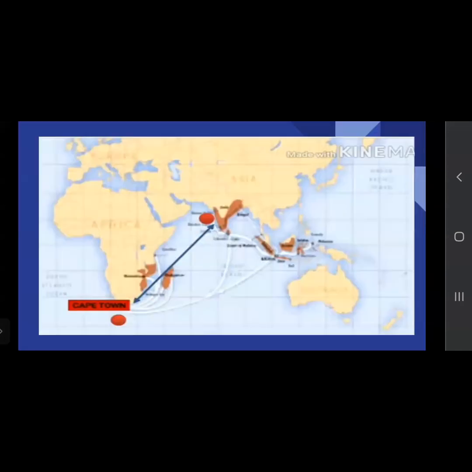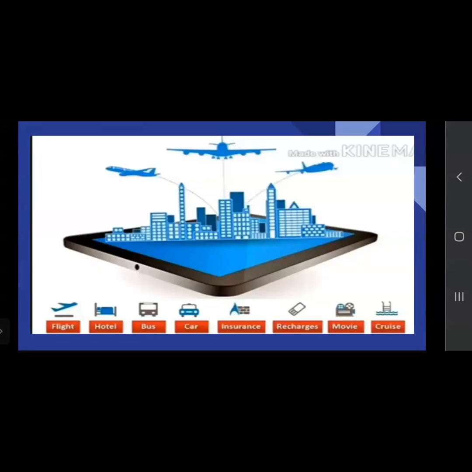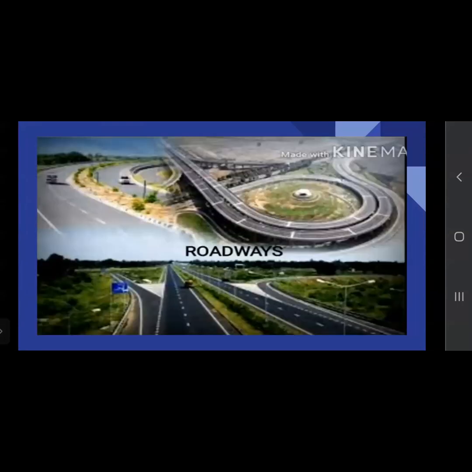So see, from Pune to Cape Town, how it is transported. The Indrayani rice we have seen is the first condition. So multi-modes you can use according to your convenience. See roadways. Here is the picture of the roadways. All the roads are very well constructed, and you can see